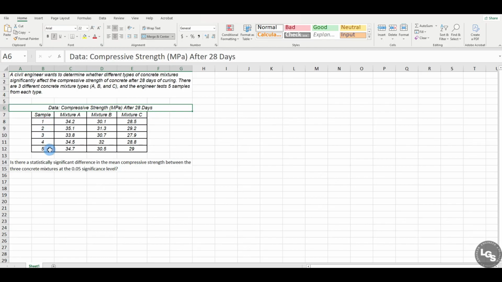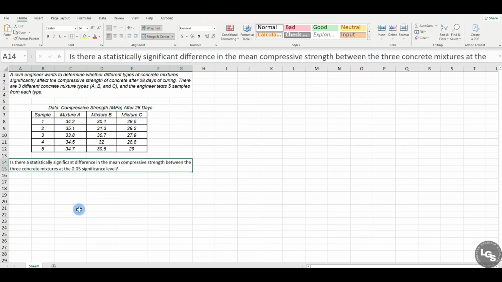So we have 5 samples for each mixture. We have 5 samples for mixture A, 5 samples for mixture B, 5 samples for mixture C. The question is, is there a statistically significant difference in the mean compressive strength between the 3 concrete mixtures at the